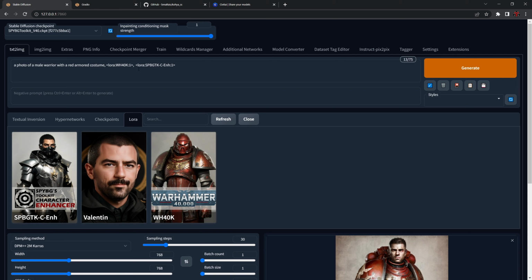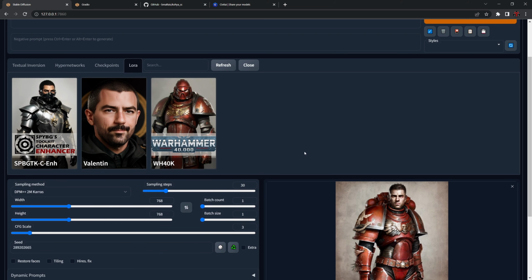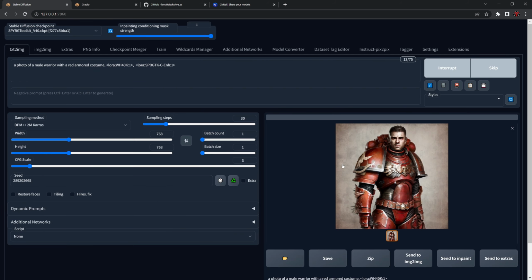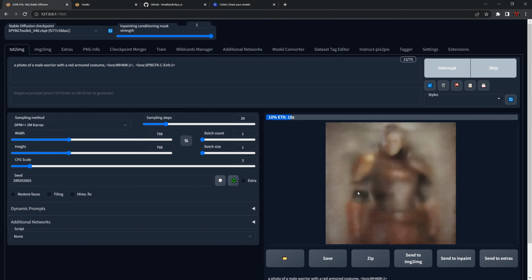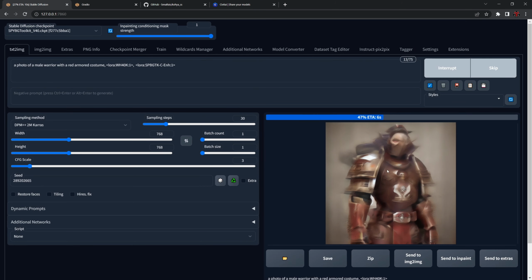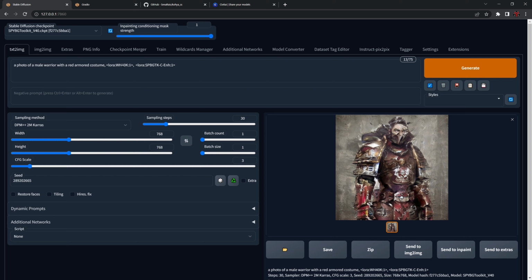So let's say we want to add another war embedding here. If I press generate, what will happen now is, since those two networks are too strong, it's going to produce really messed up results. So the rule of thumb in situations like this is, I don't use more than 2 networks most of the time, but if I use 3 networks, for example, I always try to balance them. So for example, if I have a Warhammer and a style, for example my style, I will